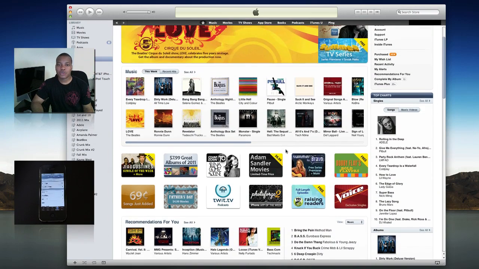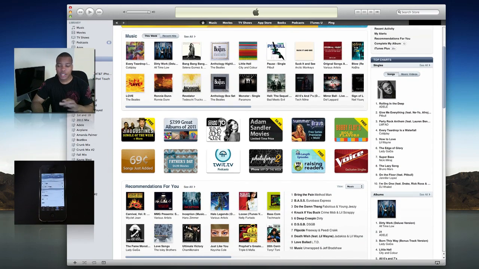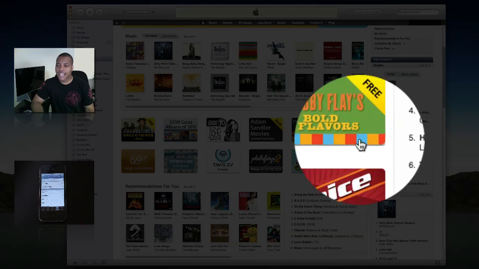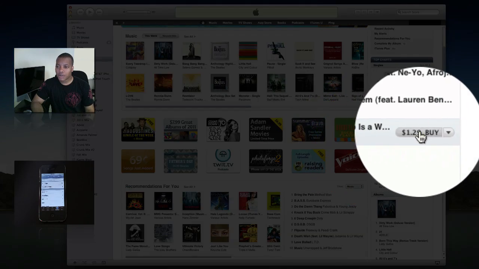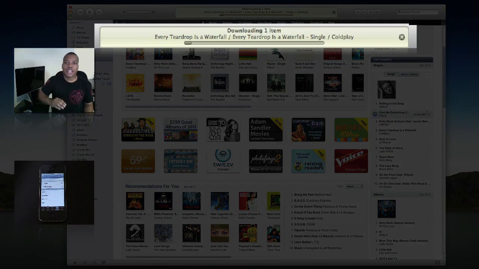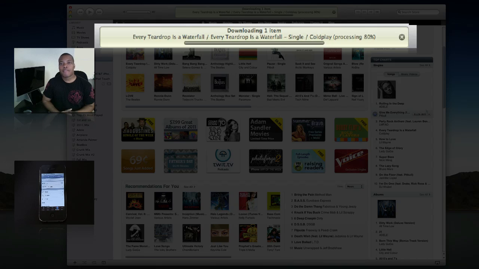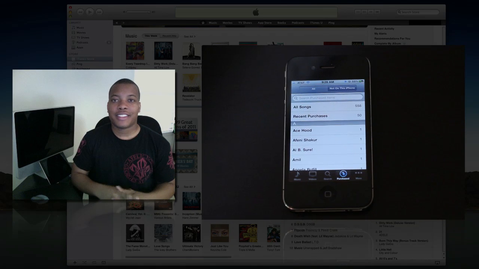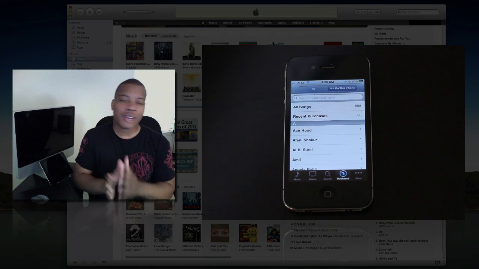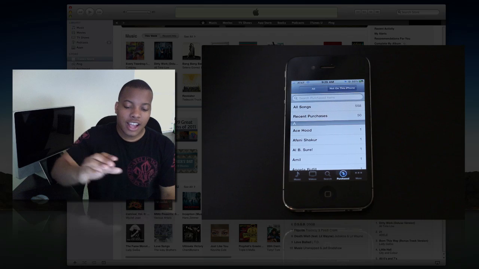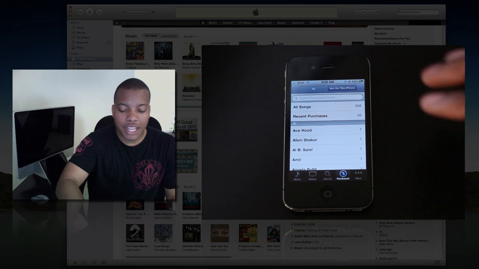So right now I'm in iTunes on my Mac here, and again this works on the PC side as well. And say I go ahead and download a song here, I'll download a song from Coldplay. I'll go ahead and start downloading that song. You see it's downloading at the top. Now, if I leave the house for any reason, I forget to sync my iPhone to my computer or get ready to do a road trip, whatever the cause, I can go here now on the iTunes application on my